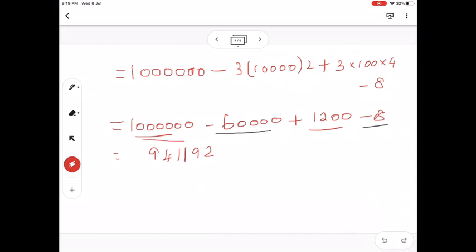After calculation you place it in that place, then what to do? Add the positive values and add the negative values. These both are positive, so add both. These both are negative, add both. Then when plus and minus come, you have to find the difference. You get the value. So what is 98 cube? 941192. Okay children, hope you all understood how to apply the identity.